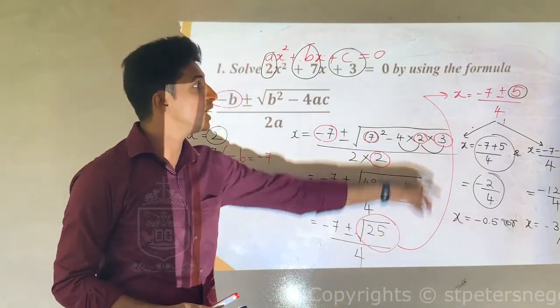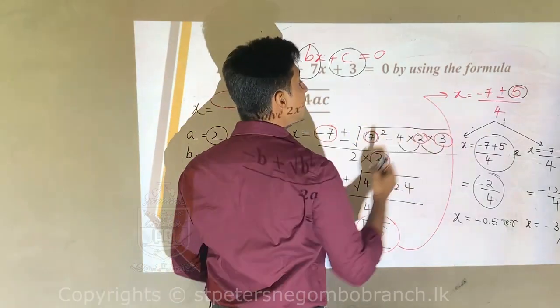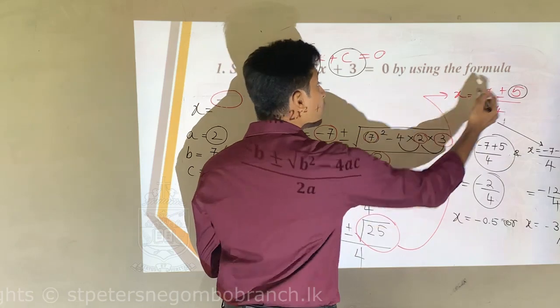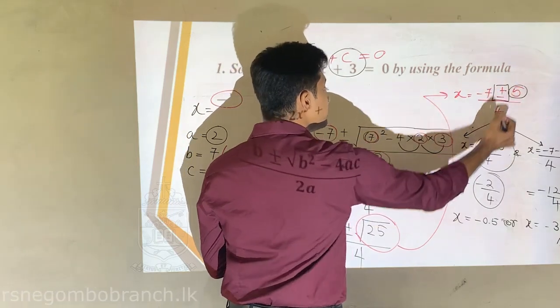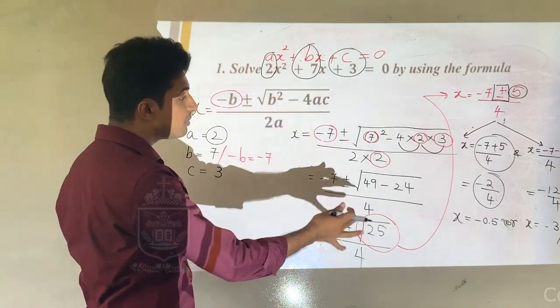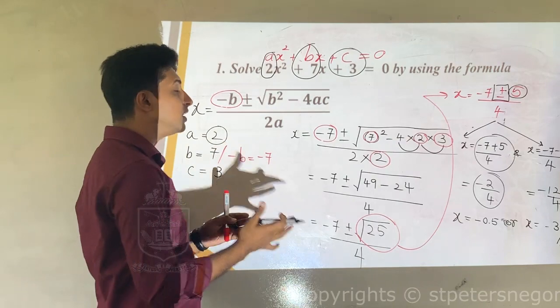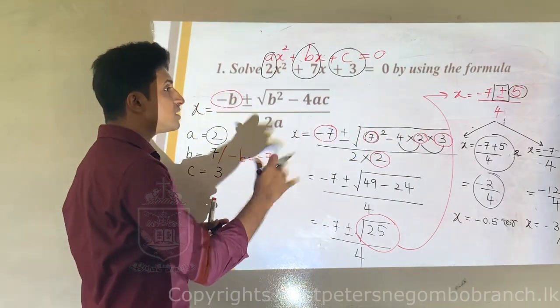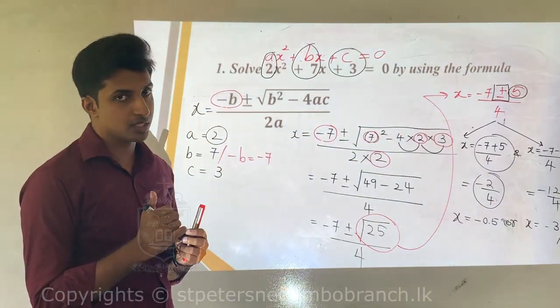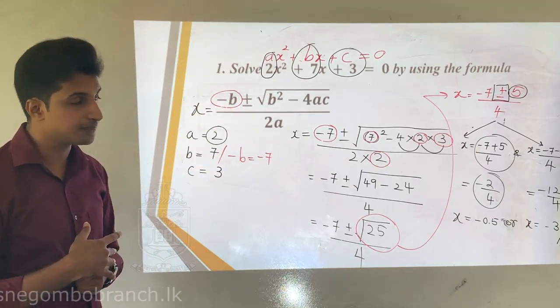25 we know it as 5, that is a perfect square, so we have taken it as 5. Then we break the values for x according to this sign. For one we take plus 5, for the other one we take minus 5, and then we simplify. Just like the previous lesson, completing squares also does the same thing. We just break it into two parts and we find two answers for x. According to the question, that can change which answer we will select.